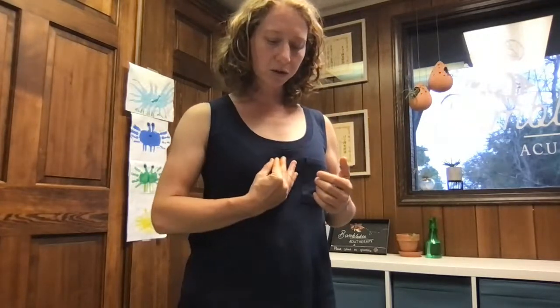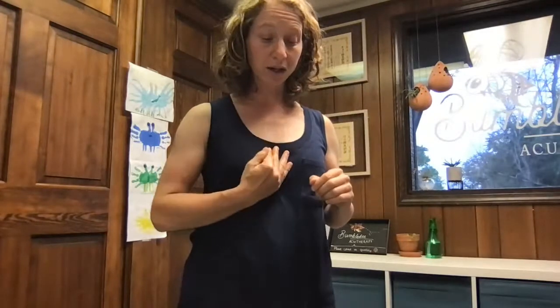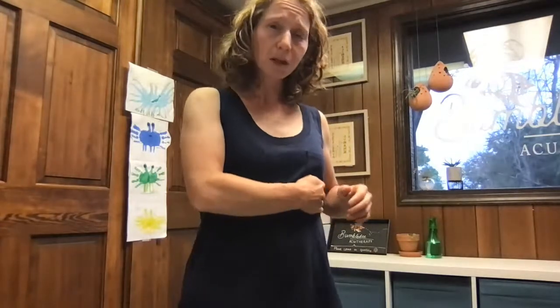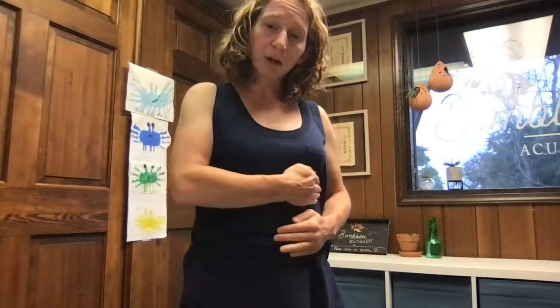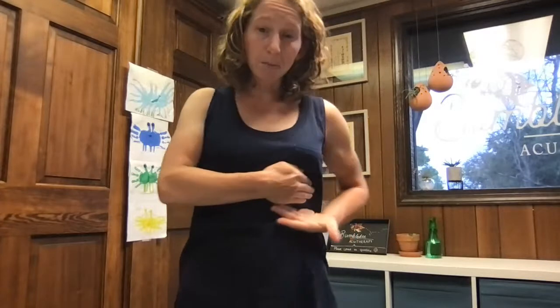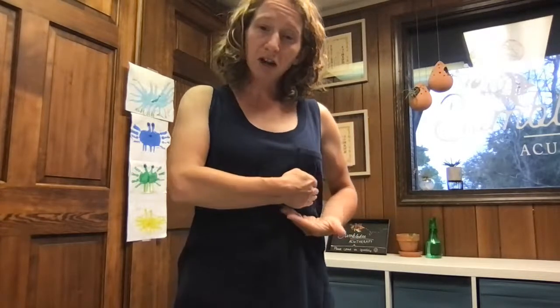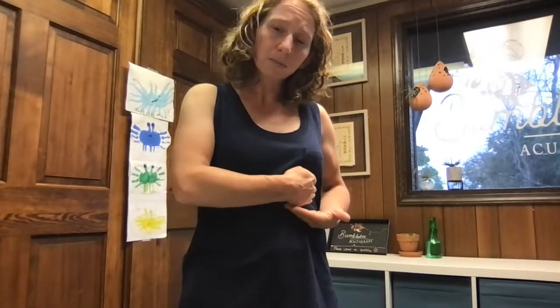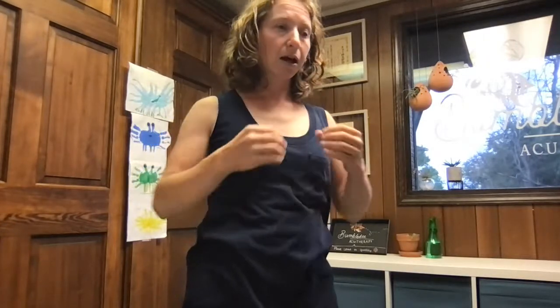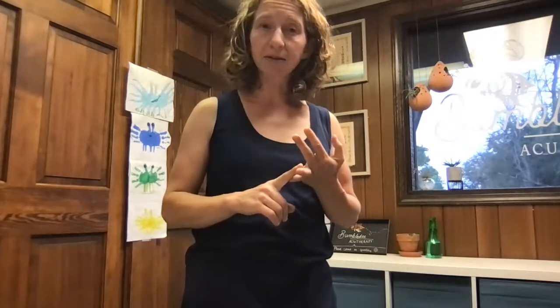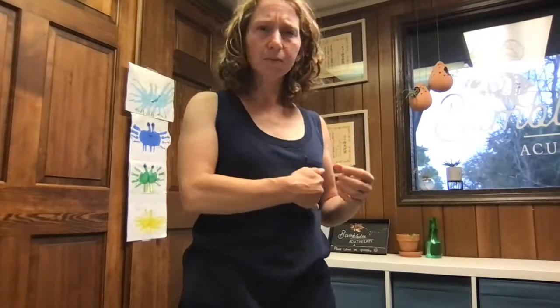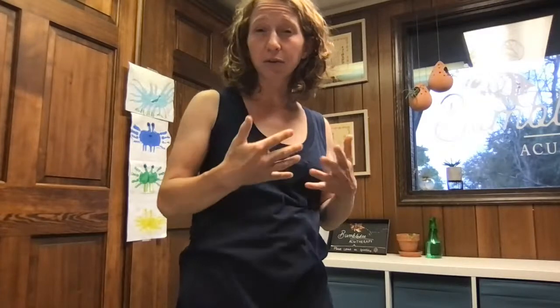So after we do those 3 points, we're going to go to the rib cage. Just to show you, this is my rib cage right here. This is the bottom of it. So we're going to go on top of the rib cage. Here's again the bottom of my rib cage where this hand is. On top of the rib cage, below the breast, 4, and then 5. And here we're listening for things like how well does the lung expand? Do they take really short breaths? Do they have excess heat? You can of course check out the liver mu and all of those things.